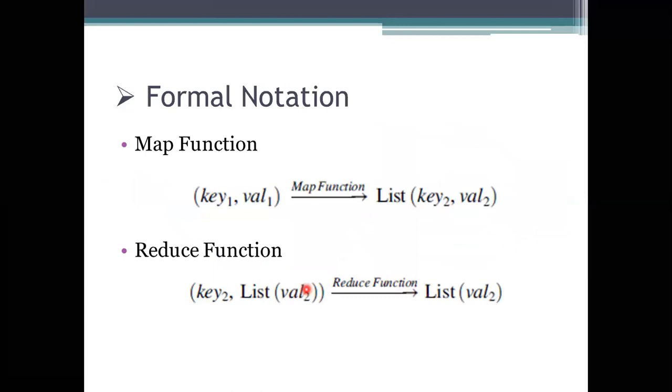Here, the map function will be applied in parallel to every key input value. That is, the input value has to be applied to it, and we also need to represent it as a pair of values. To know the input value, I need to know what the key is, what the value is, and how many times it has been repeated. By using such a representation, it will produce a new set of intermediate values.